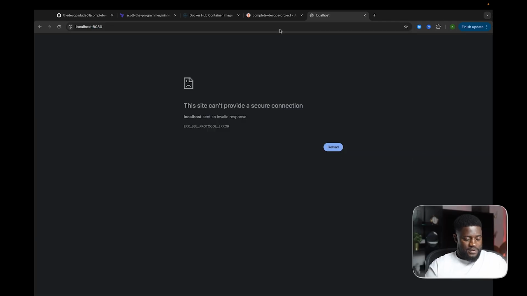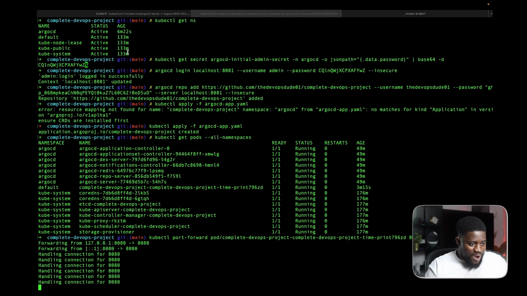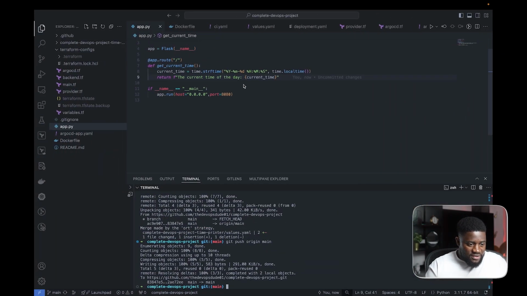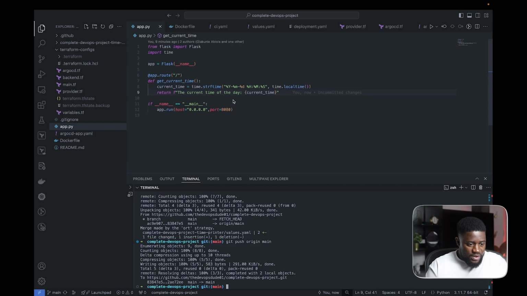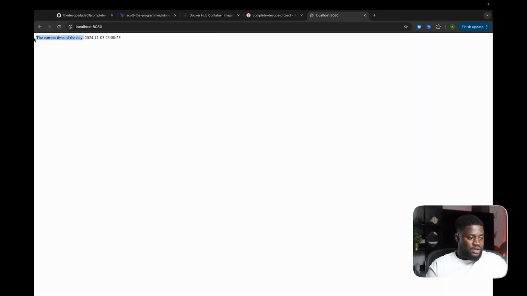8080. And so there's an error. So let's change this to HTTP. Amazing. So the current time of the day, 2024/11/03, 11 p.m. Wow, it's exactly 11 p.m. That's amazing. So yeah, let's check this so we can see this is exactly what we wrote here. This is the update, the current time of the day, and that's exactly what we get here, the current time